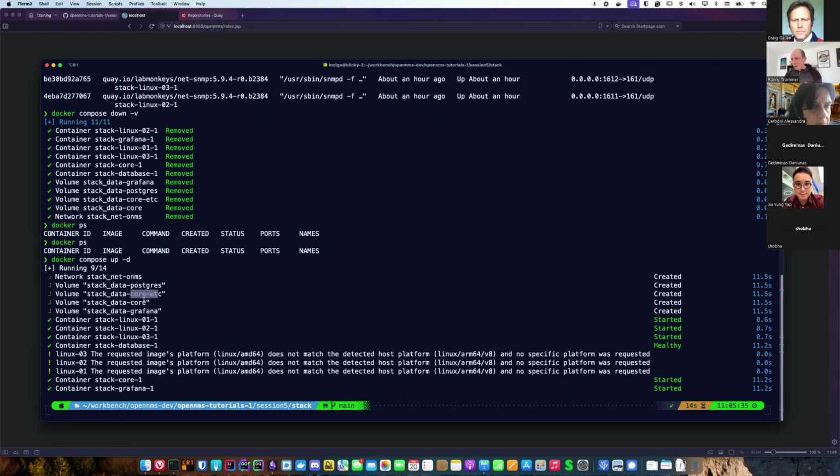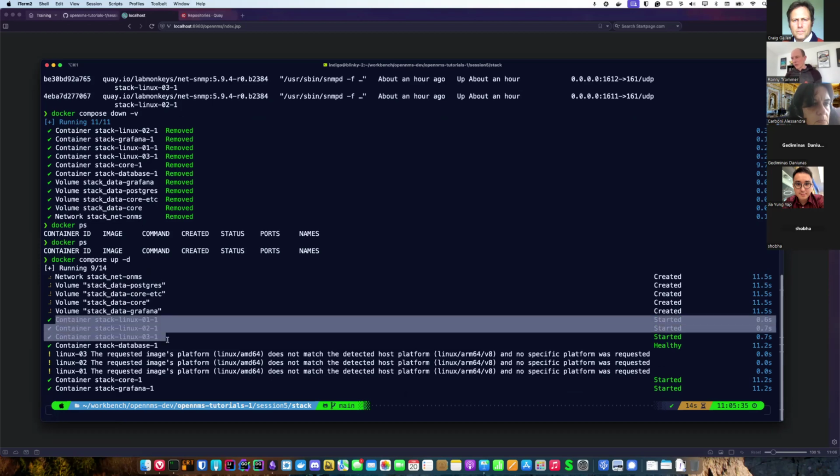We have a volume for the configuration files for OpenNMS, and a data directory where we have all the RRD files and the time series metrics are persisted, so you don't lose them when you shut down the container stack. We have Grafana deployed, and also 3 Linux agents, so to speak, like 3 servers with Linux running an agent on it.